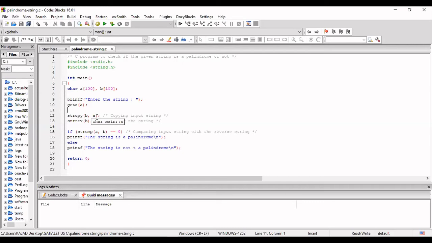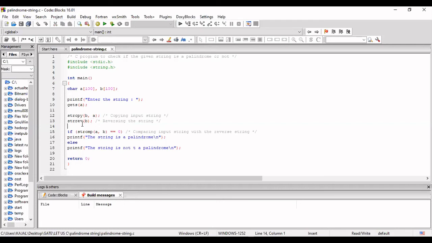So we first copy it into B, and then we reverse it at the address of B. Okay, so first we copied it into B, then we are reversing the string. It is a very simple program, as we are using the inbuilt functions, and those functions are also very easy to remember.